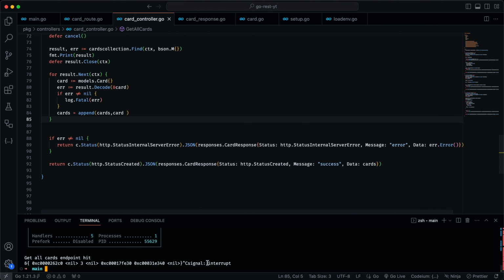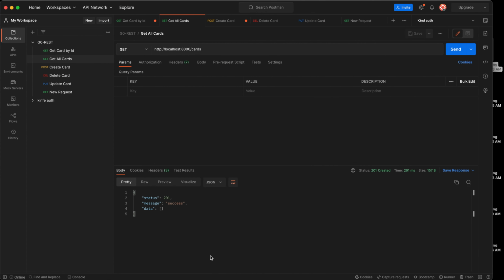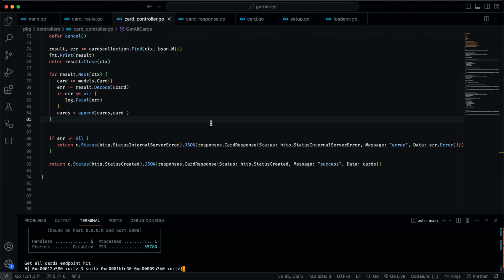Now I'll close the server, run it again, and I'll hit this endpoint again. Now you can see we are getting an array of those cards. Cool. So get all cards is also done. Next up, we can again